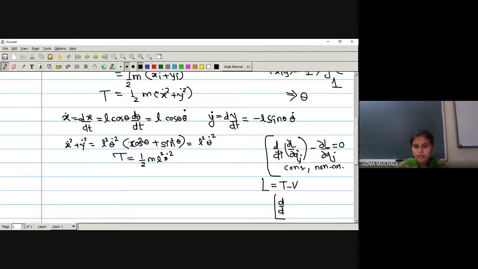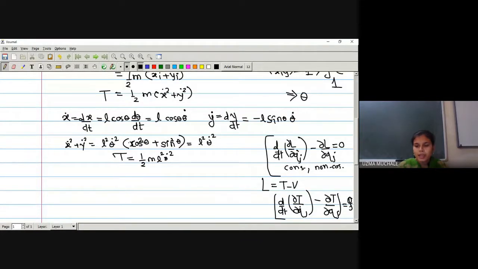The original Lagrange's equation of motion is d/dt of (∂L/∂q̇j) minus ∂L/∂qj. In the case of conservative and non-conservative systems, we found the values of those terms, ∂V/∂q̇j. At that time I told you that the potential energy is not a function of generalized velocity, and we worked on it. Okay.